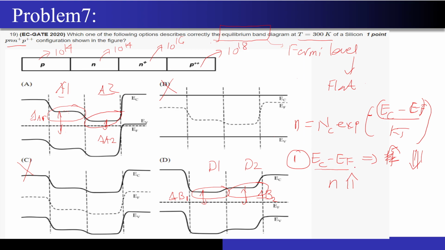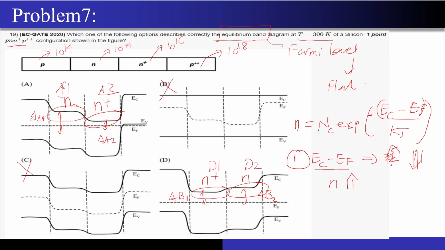And this is what we have also seen, correct? So now can you please tell me in option number A1 or A2, where do you think the electron concentration will be higher? A2, right? So if I write it as N plus over here, and this will be written as N. And in D1 and D2, can you please tell me the same? Where the electron concentration will be higher? D1, right? So this is N plus and this is N, right?